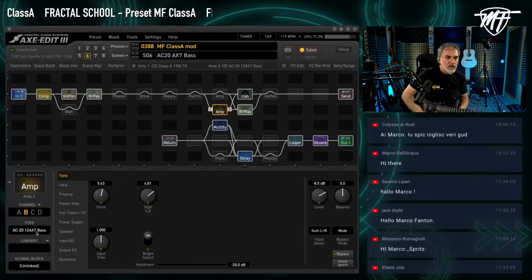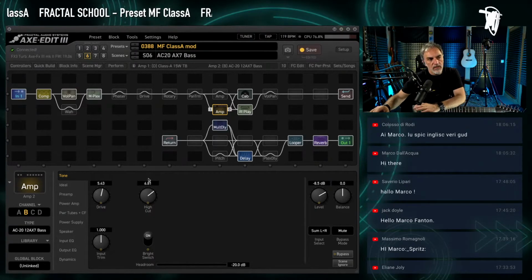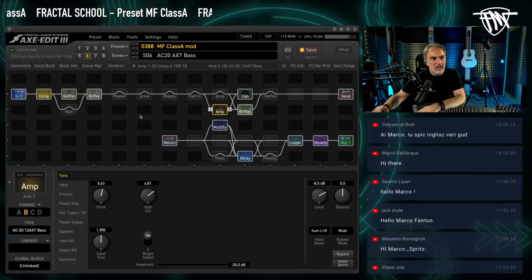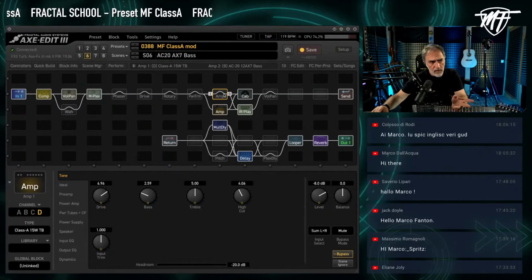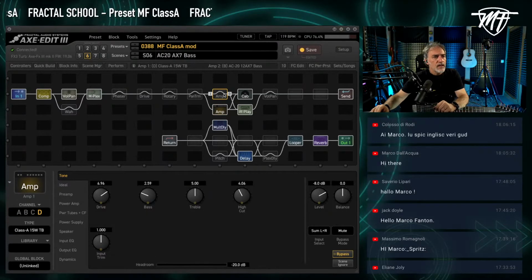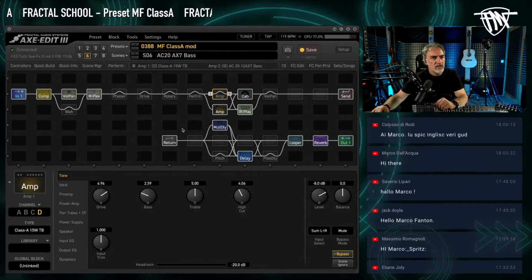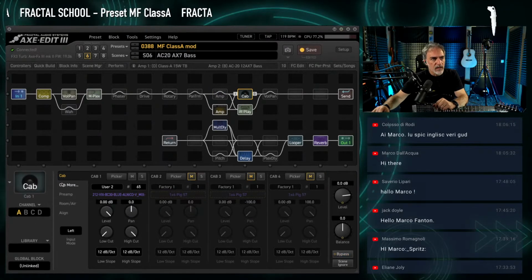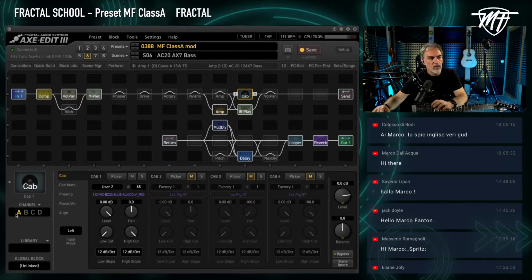Too dirty. Okay, this is okay. As I told you before, you can select your favorite amp. You can create your scenes. You have double amp with 4 different channels. Okay, for the cabinet, you can also select 2 different cabinets, the factory one and